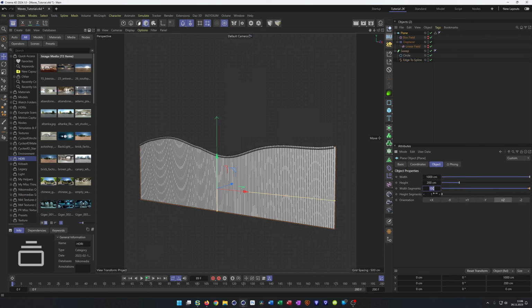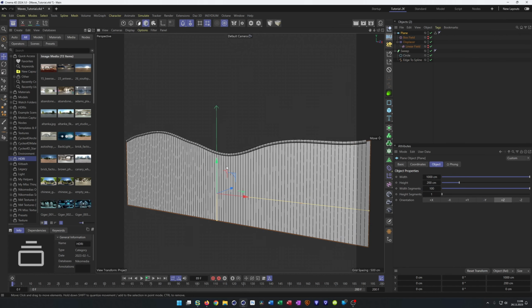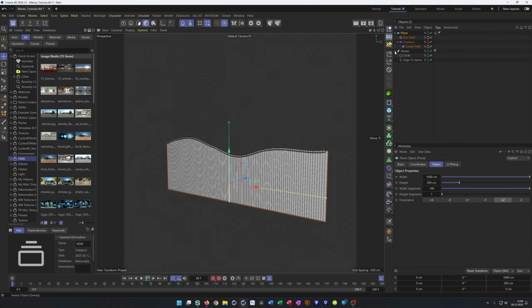Let's go back here to 100. You see it works perfect. Good, we have now our sweep here, we have our plane, everything is fine. Now we start to clone this whole thing. And to clone this whole thing,